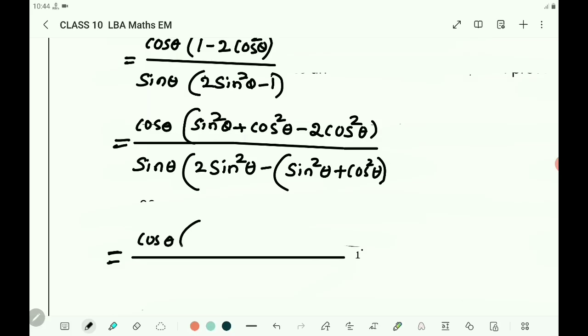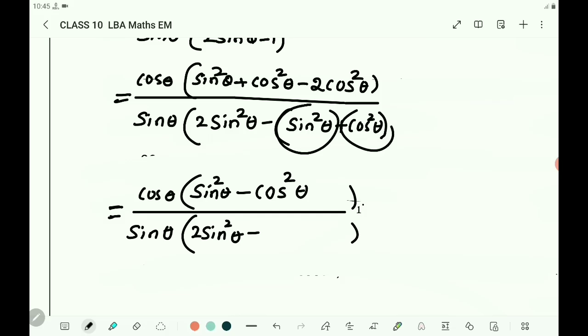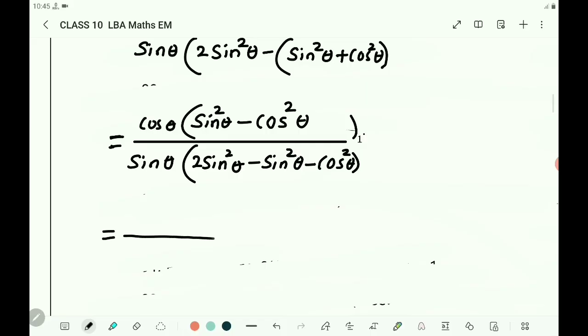That equals cos theta into, write sin square theta as it is, cos square theta minus 2 cos square theta is minus cos square theta, by, write this sin theta as it is, into, write 2 sin square theta, open the bracket here, it becomes minus sin square theta minus cos square theta equals,